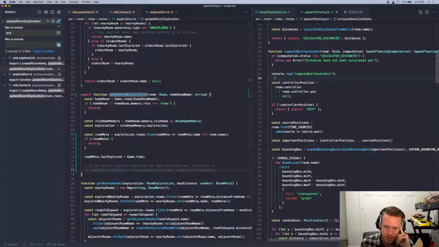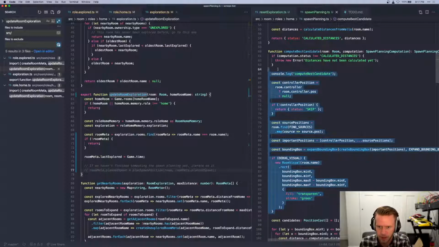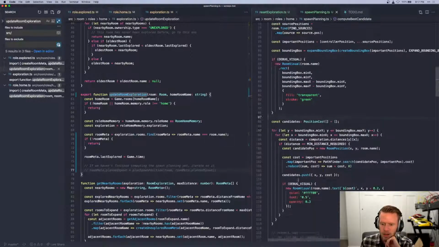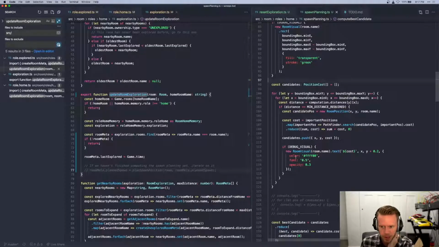So yeah, let's look at what's cheap and what's expensive. Controller position is cheap. Source positions are cheap. I mean, we could go ahead and break it here though. It wouldn't be too hard to do that, and it is kind of a natural break. But notice this bad boy. I think this is our